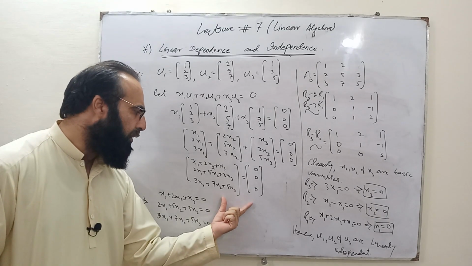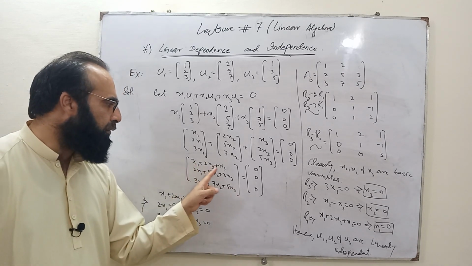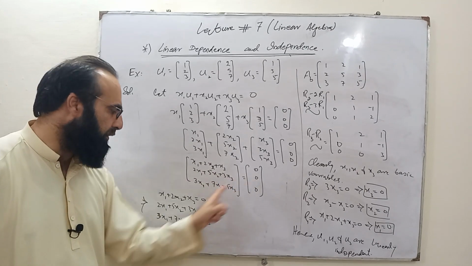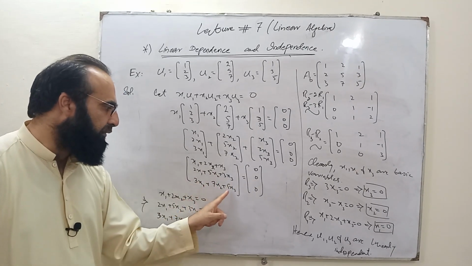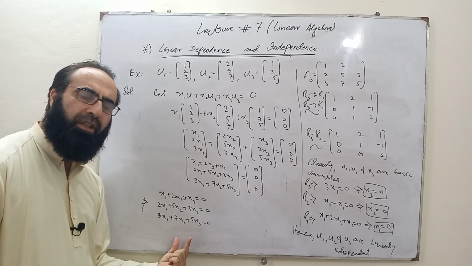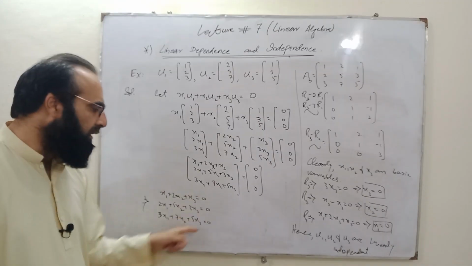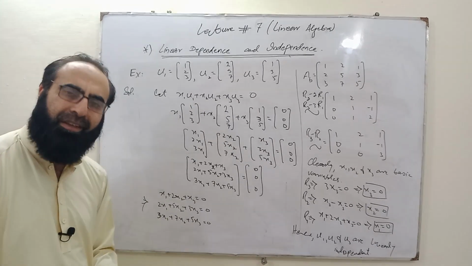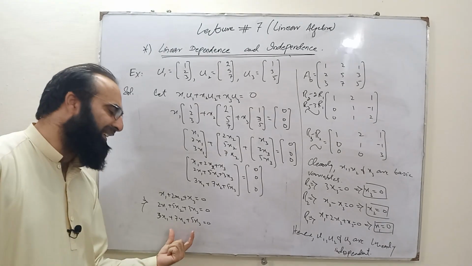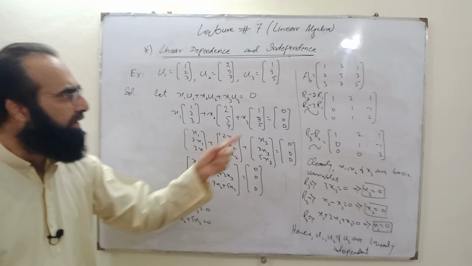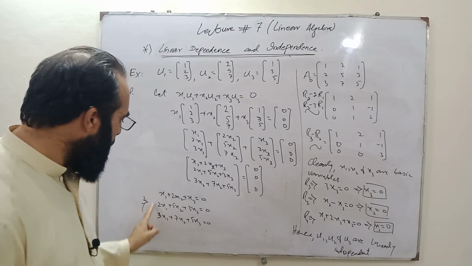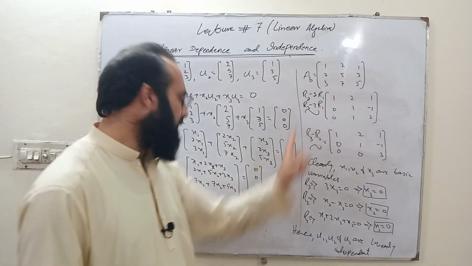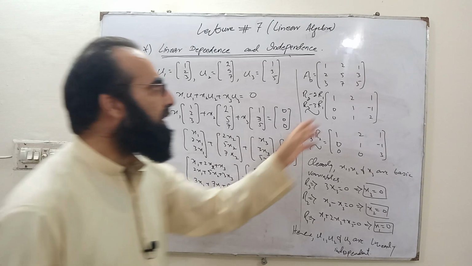From this equation we will get x1 plus 2x2 plus x3 equals 0, first equation. 2x1 plus 5x2 plus 3x3 equals 0, second equation. 3x1 plus 7x2 plus 5x3 equals 0, third equation. Now we have to solve this homogeneous system to find the values of x1, x2 and x3. For this purpose we have to write its augmented matrix. So its augmented matrix is